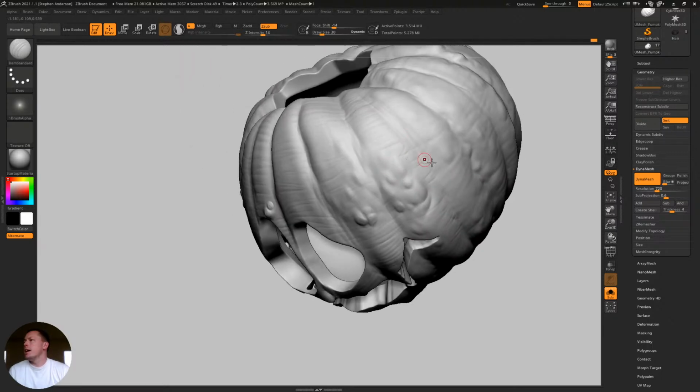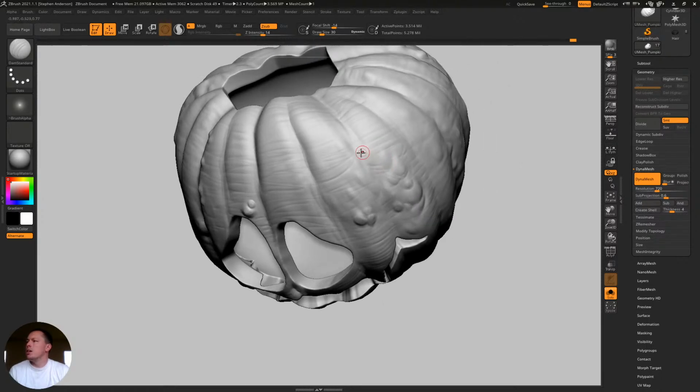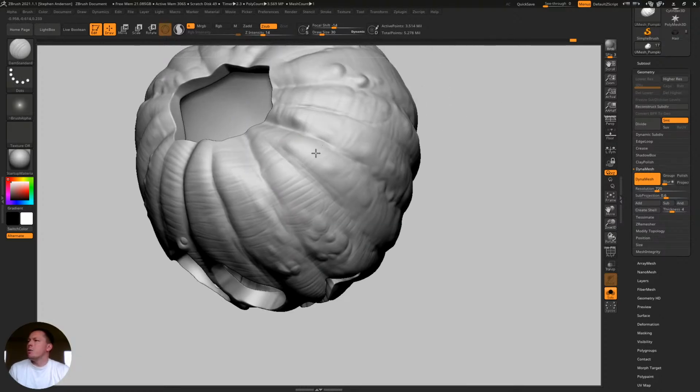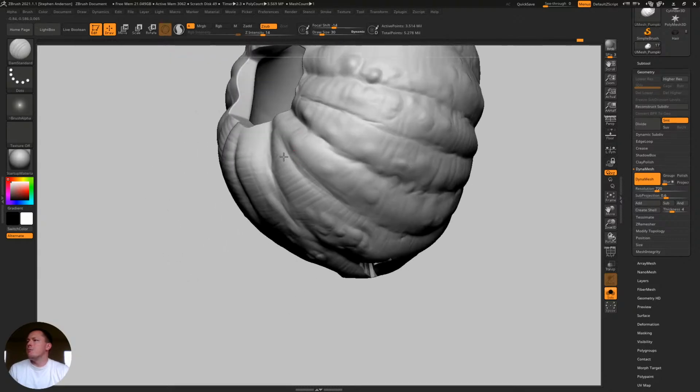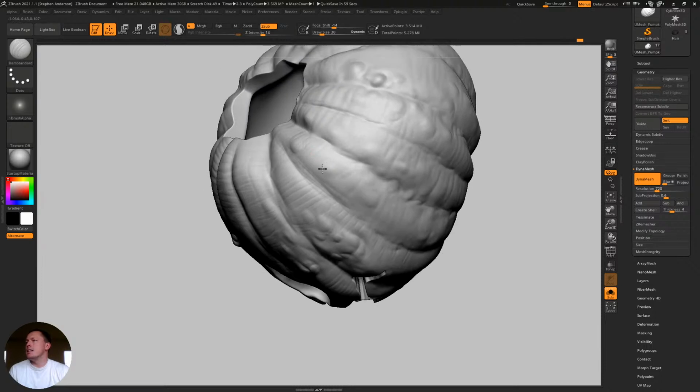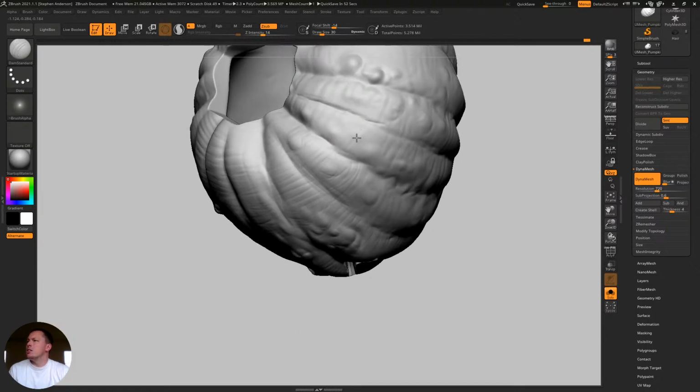When I create these strokes, I try to consider the contour of the pumpkin. Really, really fun. And it's just a great way to make sure that you're reinforcing your design, that you're reinforcing your sculpt, and that you understand what it is that you've put on there. You understand form,